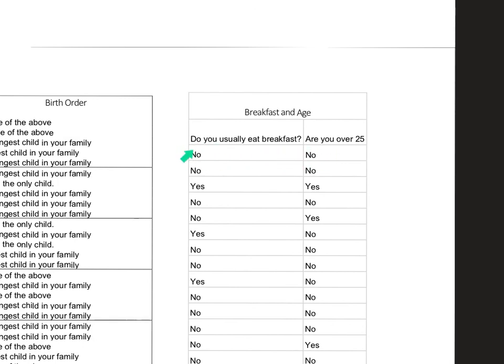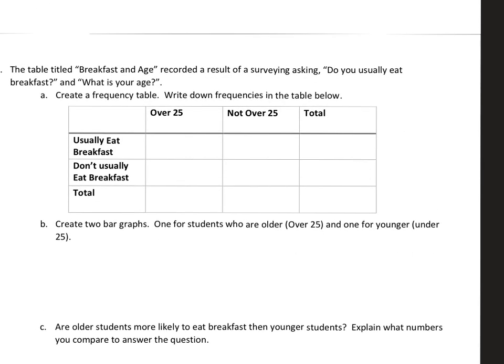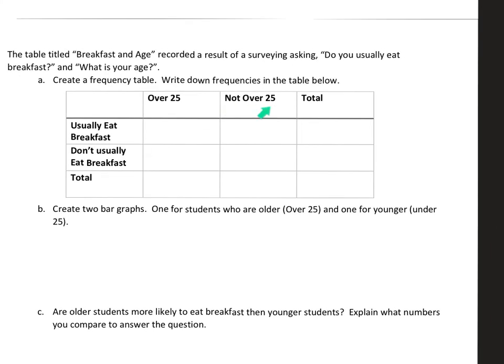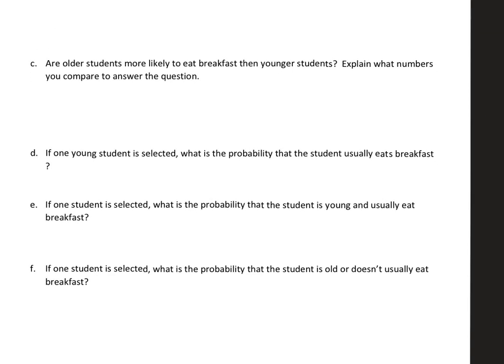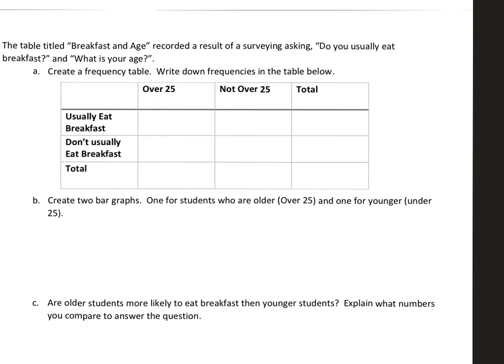This person will go into, they don't eat breakfast, they're not over 25, so this is going to be here, right? They don't eat breakfast, and they're not over 25, so that person is going to be 1 here, right? So I'll go through each list and tally up so I can get a number here. Then once I have that, I have some review questions as well here. All right, I think that's it for this worksheet.